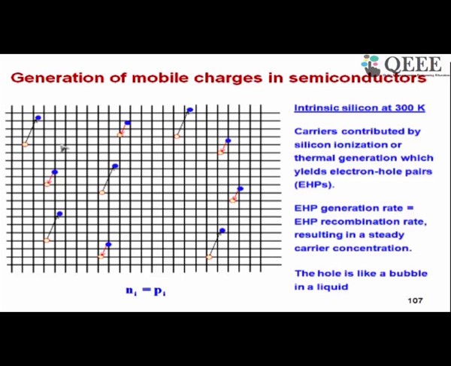During hole movement, a bonded electron or valence electron is jumping into a vacancy. That electron is nearby the vacancy, so not much energy is required for this. In fact, the process by which the bonded electron moves into the vacancy is tunneling. It is almost at the same energy. But during recombination, a free electron jumps into a hole. Therefore, a lot of energy is released, energy equal to the bond energy of the silicon atom.